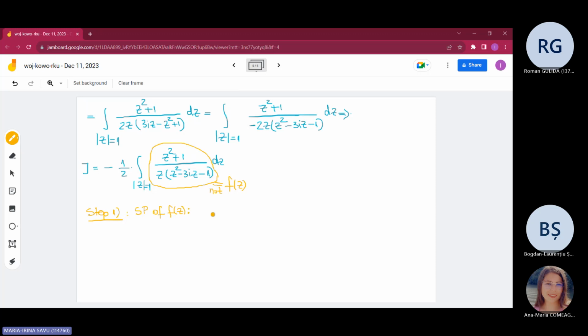In order to find singular points, you have to solve the equation and take the denominator equal to zero. So first z1 equals 0, and then z squared minus 3i times z minus 1 equals 0. In this case, that is